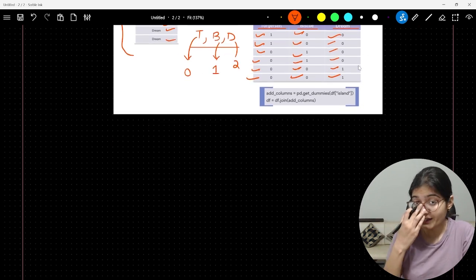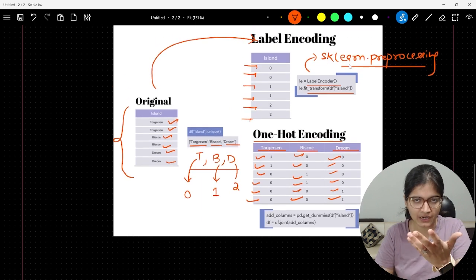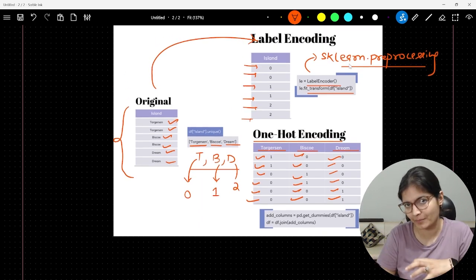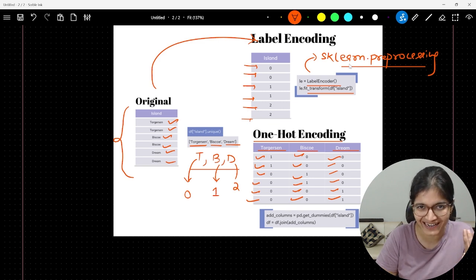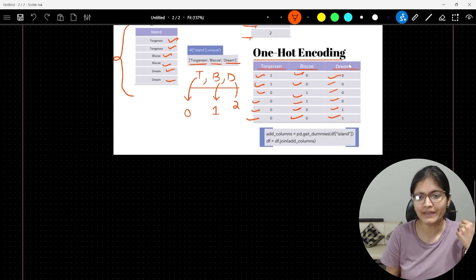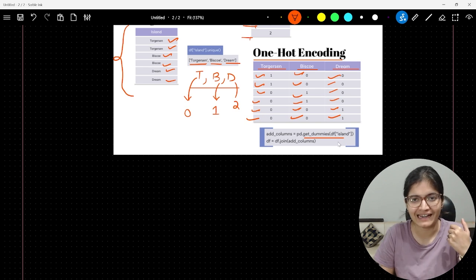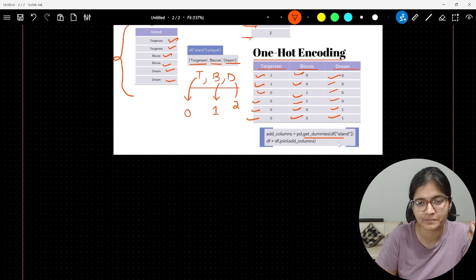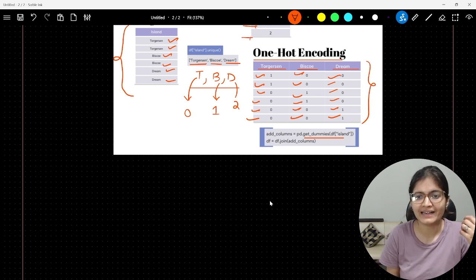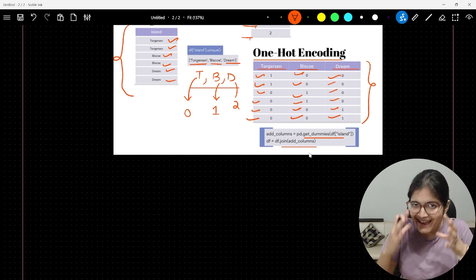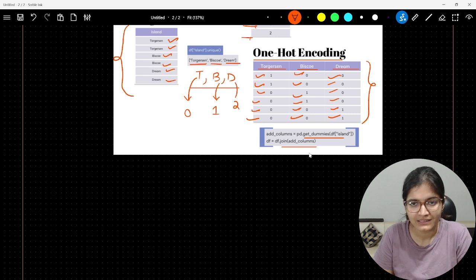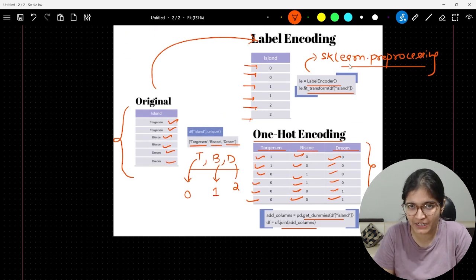And to implement one-hot encoder, one way could be the way you have done above, where you can call sklearn.preprocessing and fetch the label encoder and one-hot encoder from that specific module. Another way, which is very famous and people usually use, is get_dummies. As soon as you call this function, this is the kind of result you will get, and then you can join that with the original data frame, and you will get extra columns altogether. This is the major difference. I hope the difference is pretty much clear.